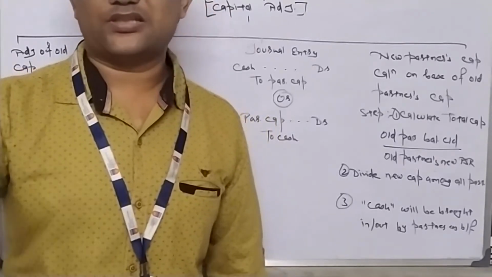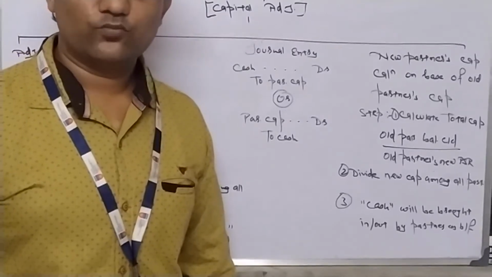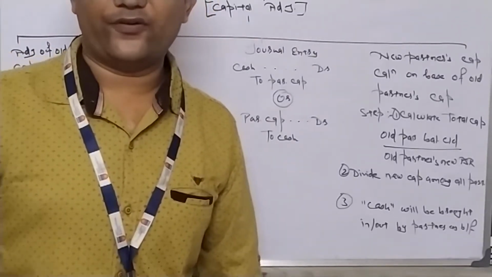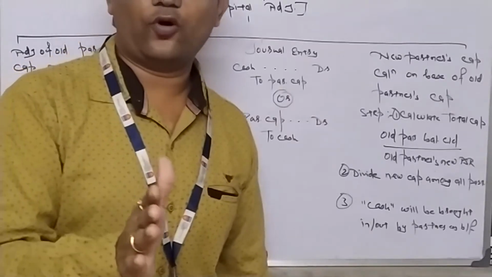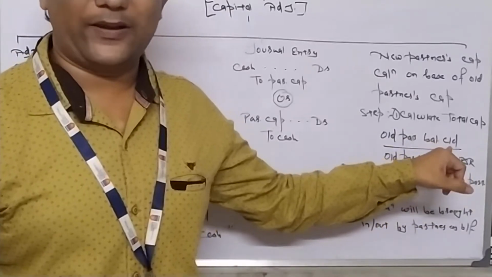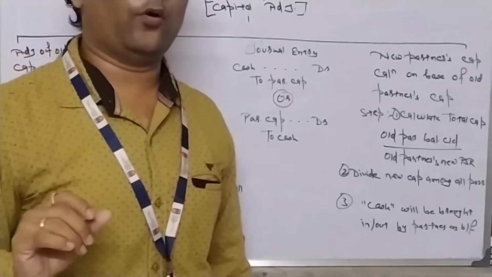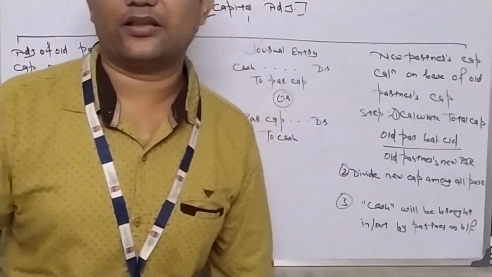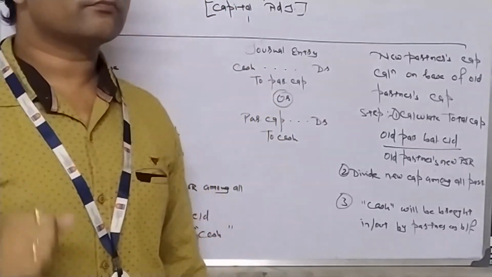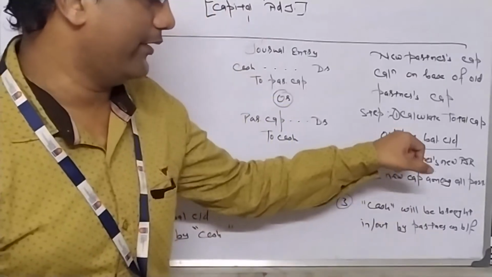As I said, Mr. C has been admitted for 1/5 share. So remaining 4/5 is of old partner. Mr. C is getting 1/5. So 1 minus 1 by 5, 4 by 5. So old partner's balance CD divided by 4 by 5. That means suppose Mr. A's balance CD is coming 3 lakh and Mr. B's balance CD is coming 1 lakh. So 3 lakh plus 1 lakh, 4 lakh I will write here.